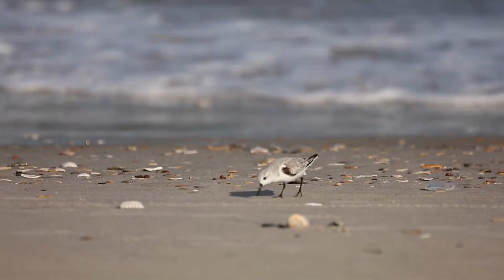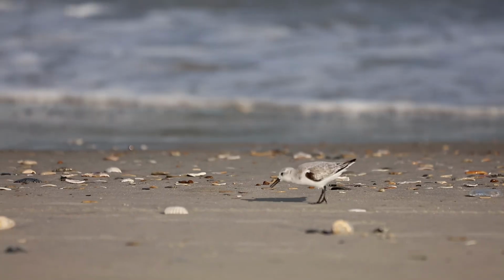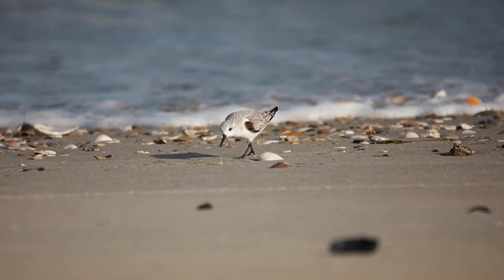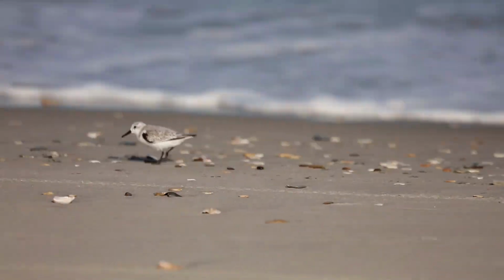Another familiar sight along North Carolina's beaches during the wintertime is the Sanderling. These little cuties are very entertaining to watch as they scurry up and down the shoreline in search of a meal. Found mostly in eastern areas of our state, remarkably, Sanderlings have been found as far west as Mount Mitchell,